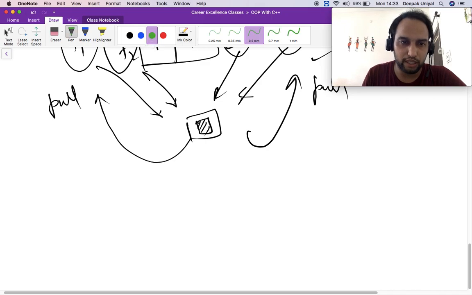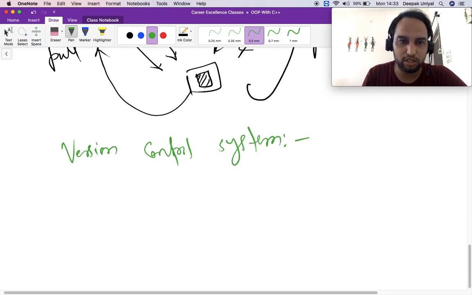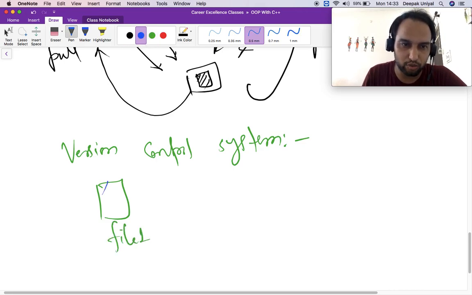Also, one word that I told you in the starting is that it's a version control system. So what does that mean? I will tell you with an example. Let us suppose you have a file1 and you write some text in it, right?